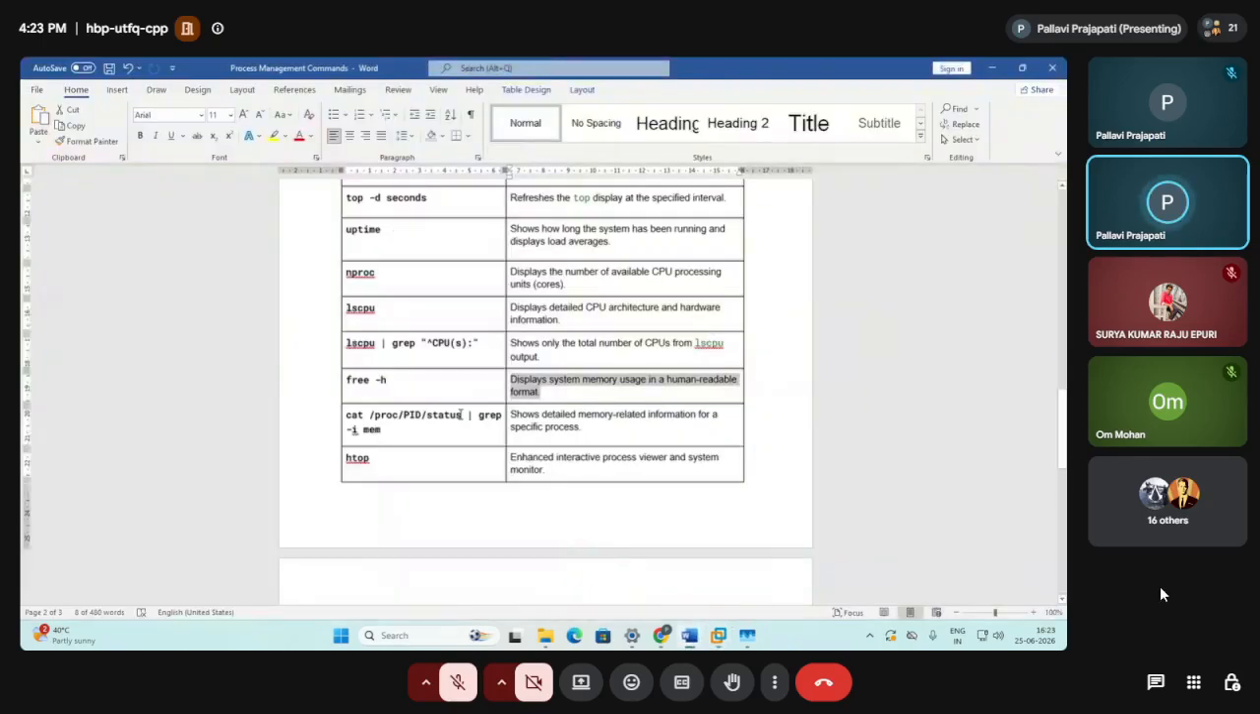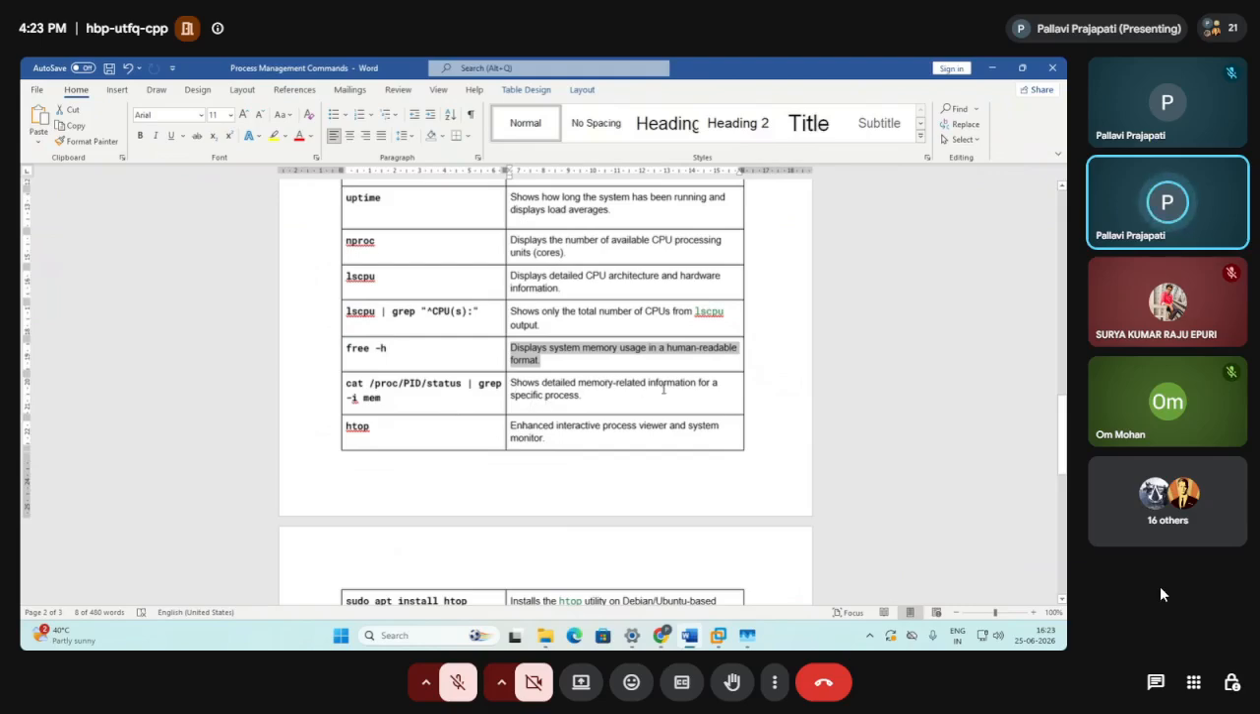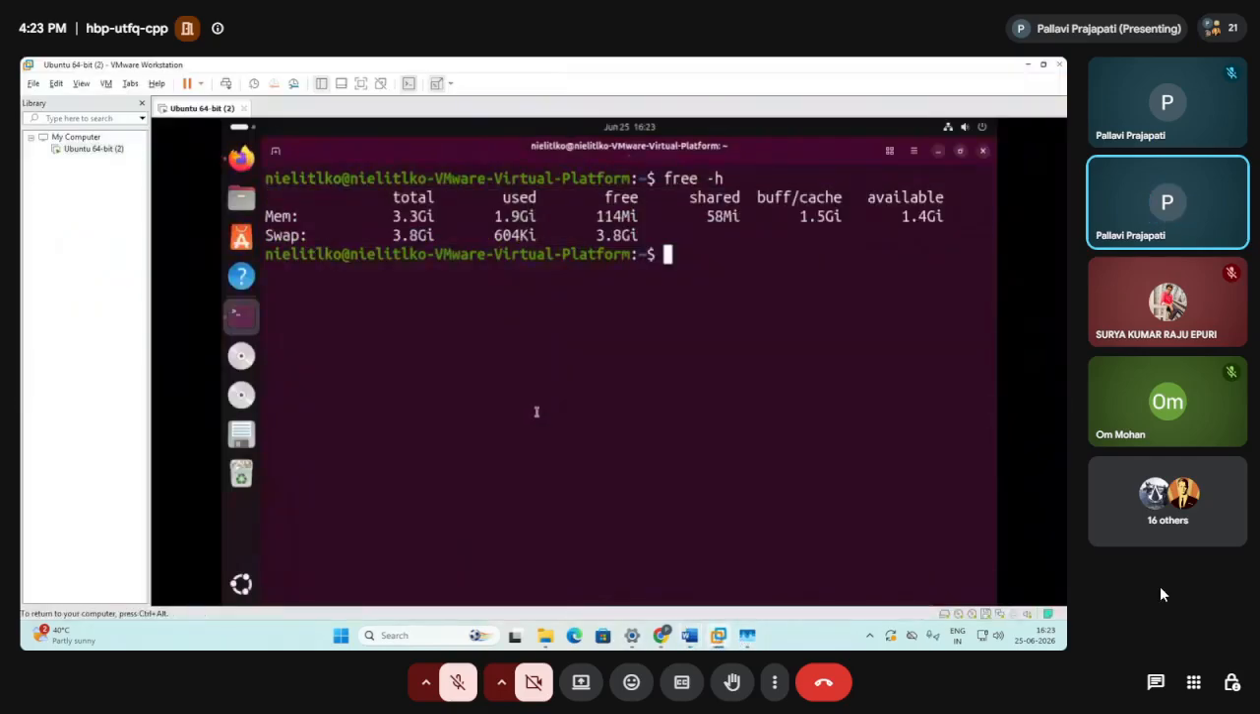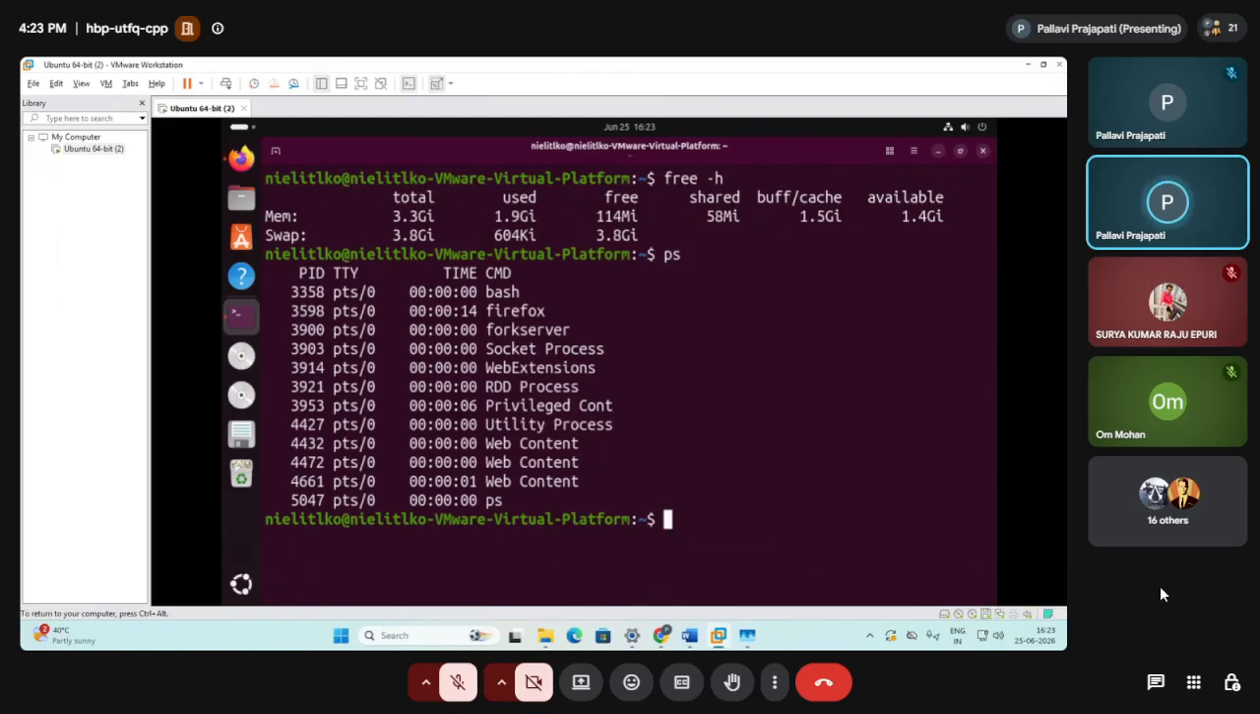Then the next command is this: show detailed memory related information for some specific process. If you want to know the memory related information for any specific process, in that case you will use this cat command. So cat /proc, and then here you have to use the process id. So let me first invoke ps and cat